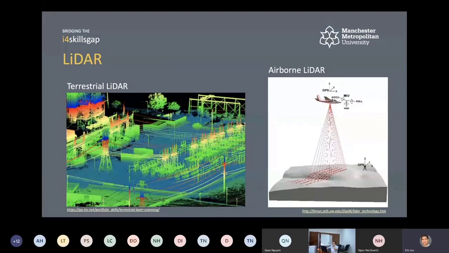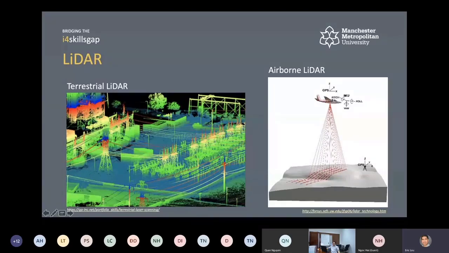Two big parts of LiDAR. Terrestrial LiDAR means what's on the ground, what we can scan, what we can see. For example, this is a power station which is being scanned. Different colors mean different distance, nothing else. It doesn't mean different materials. All the information you get back is only geometry, meaning how big, how long, and that's it,